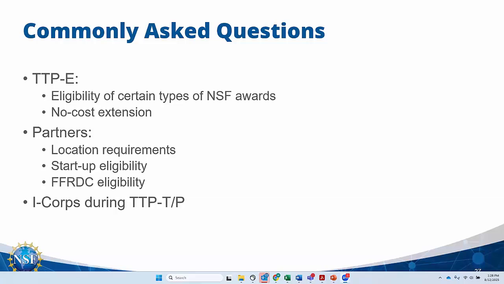Any startup that's an SBIR, STTR eligible business is allowed to ask for a sub-award as an NSF catalyzed partner, but the TTP program cannot be construed to serve as a meaningful source of funding for your own startup companies, or as a means to complement or circumvent their own ability or eligibility to apply for programs like SBIR, STTR.